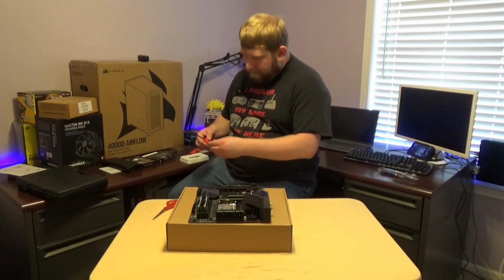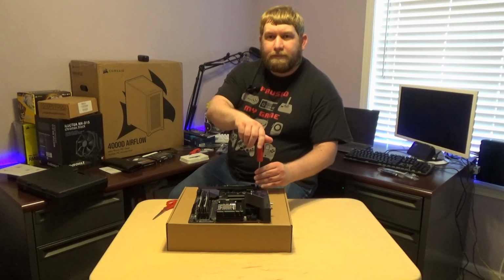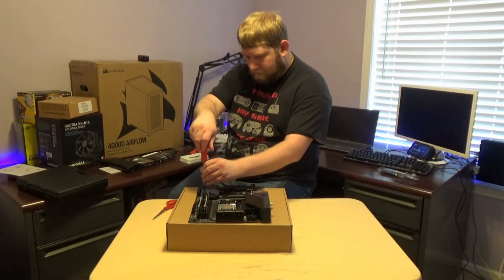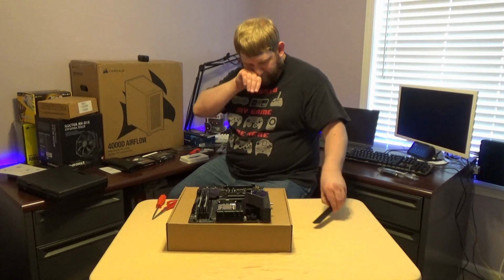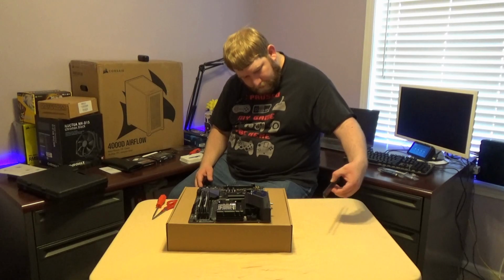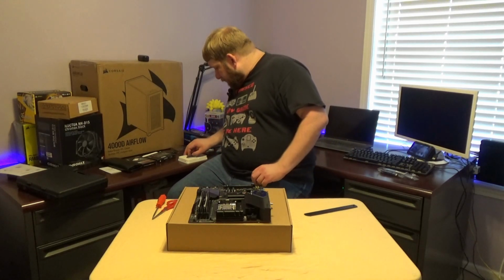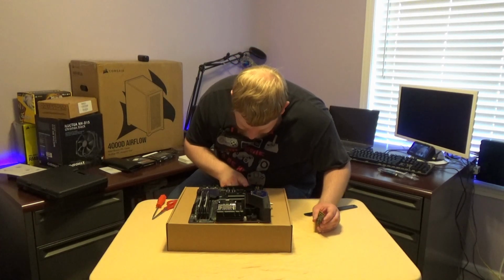So I removed that. I checked the manual to make sure I was putting it in the right location for the next one. Both of them are hidden under this plate at the bottom of the motherboard. So we'll go ahead and remove that. Okay, so it looks like both of these are in the furthest, which is where I need it. There are protective films on the bottom of this as well, so we'll not make that mistake again, hopefully. From what I can understand, I believe this is the B side, which will be the one we need to do next. So